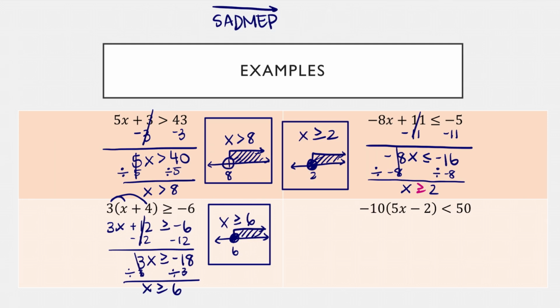You do have to get rid of it. You have to get rid of the parentheses. You have to get rid of the distributive property first, though, whether that's multiplying it in or dividing it out like this. So I see there's a negative 10 on the outside, so if I divide both sides by negative 10,